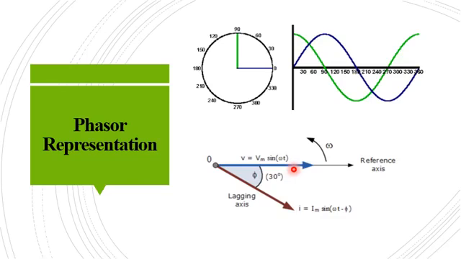This is your voltage phasor, Vm sin omega t. Then the current phasor is lagging by an angle phi. So angle phi degrees we have to rotate in the clockwise direction. Here this will be your current phasor. So lagging quantities will always come in the below portion, and the leading quantity will come above your reference axis. So that is one thing that you have to keep in mind while drawing the phasor.